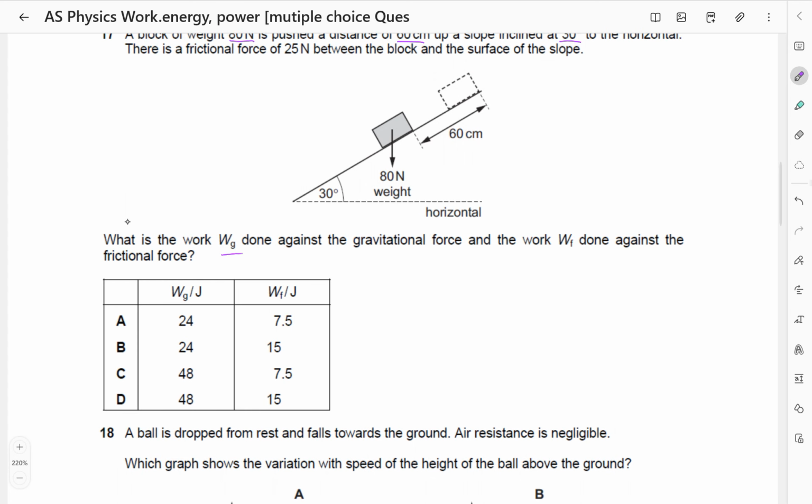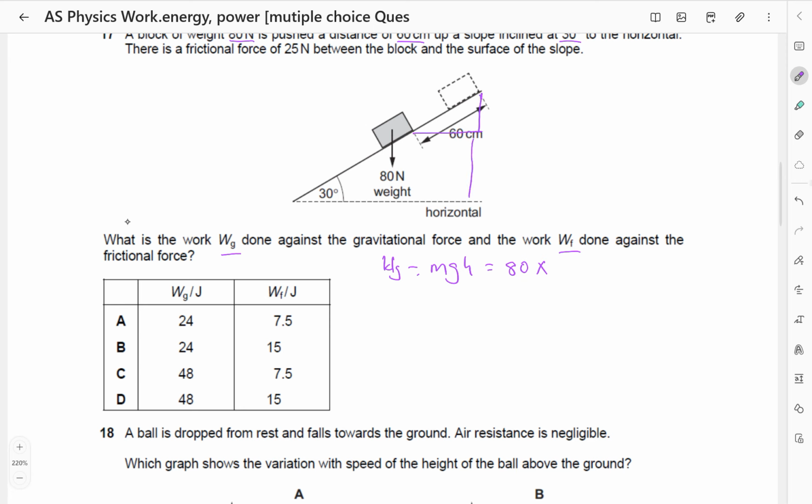What is the work Wg done against the gravitational force and the work Wf done against frictional force? So the work Wg done against the gravitational force is mg times h, which is going to be 80 newtons, that is mg, times h. So h,